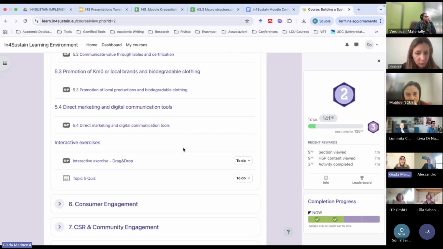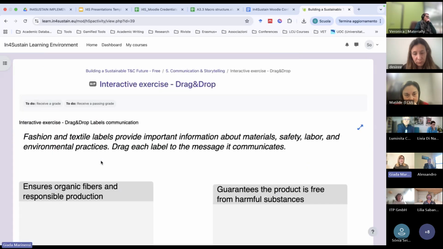I just want to show you a different kind of content, which is an interactive exercise. This is a drag and drop exercise, and it is obviously related with the content of this topic, but specifically this is related with the content of a different subtopic, so not the subtopic that we just watched.